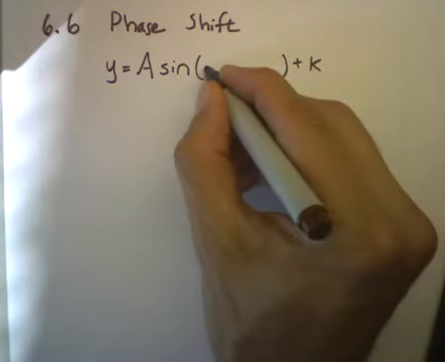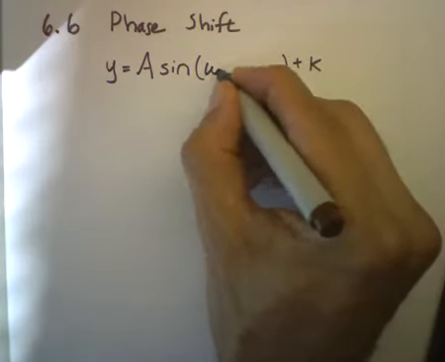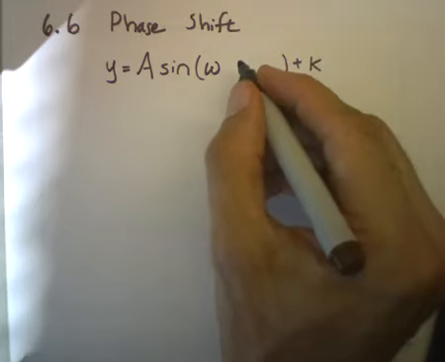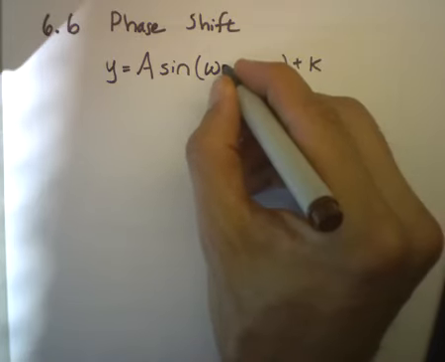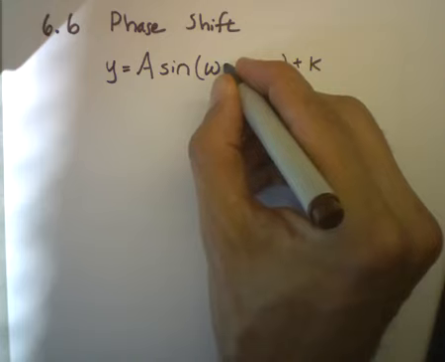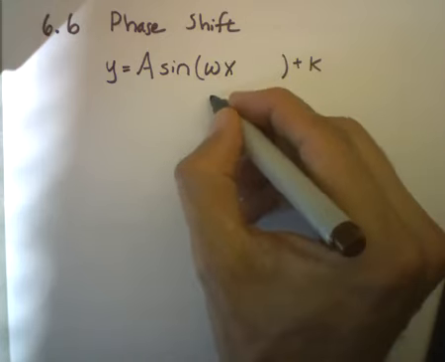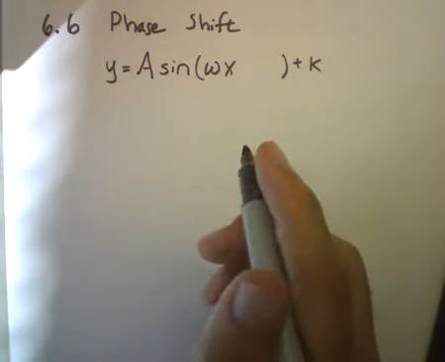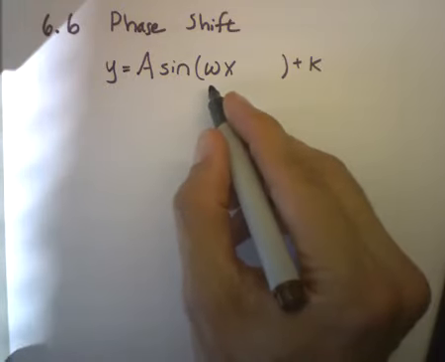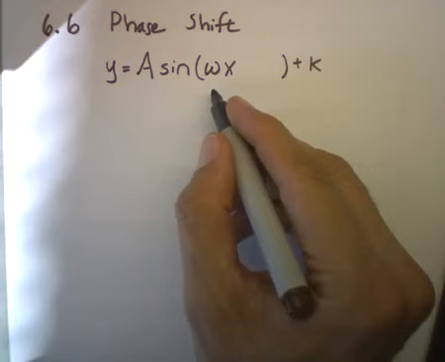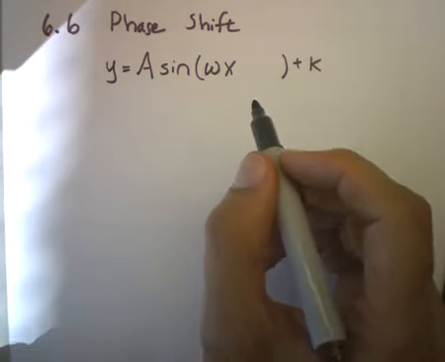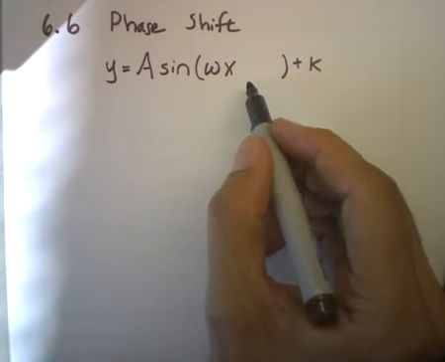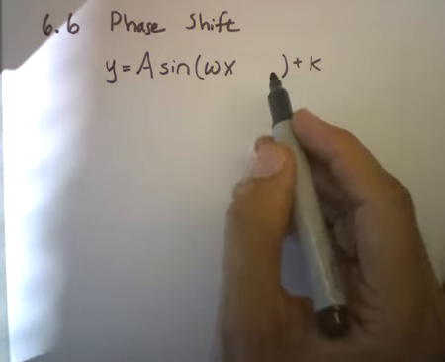And we've also looked at a multiplier inside the function, which we used a Greek letter omega for. It doesn't really matter what letters you use because they all stand for constants. And we said that controls the horizontal compression or stretch, which we called period, or affected the period. And if you remember your pre-calculus 1, your math 141, you might remember that there's one more thing that we